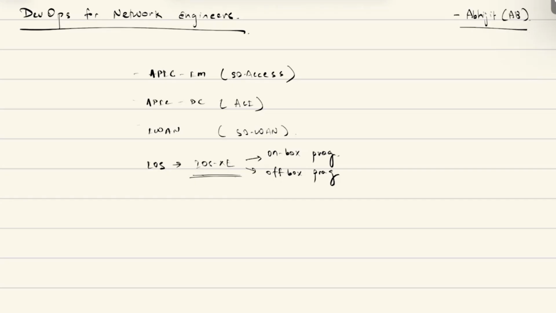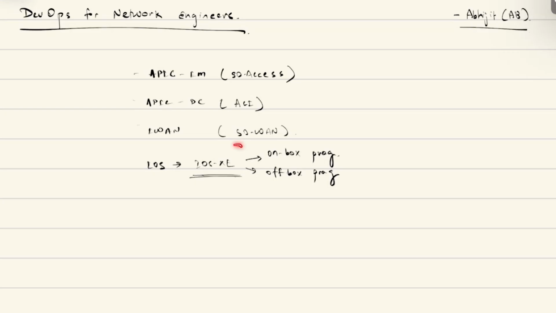On-box was about storing your Python scripts directly on the devices and running them on the device. Off-box means storing your Python scripts or other scripts for automation, and then running them where the target devices are going to be configured with the necessary configuration.